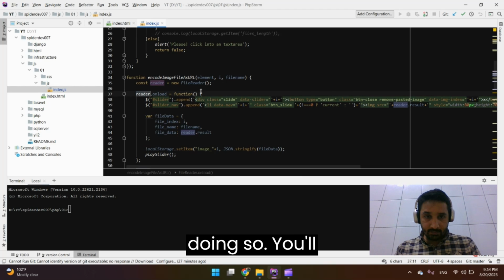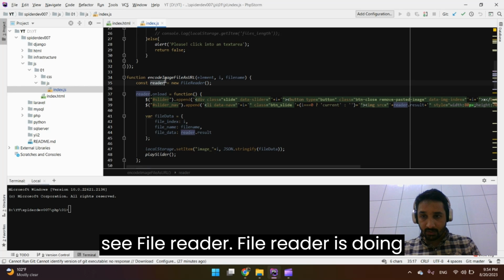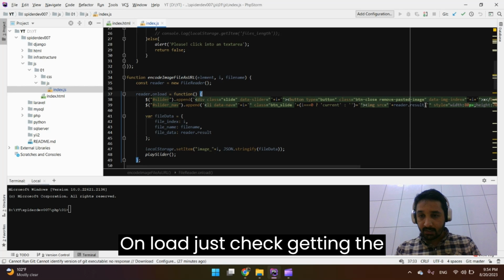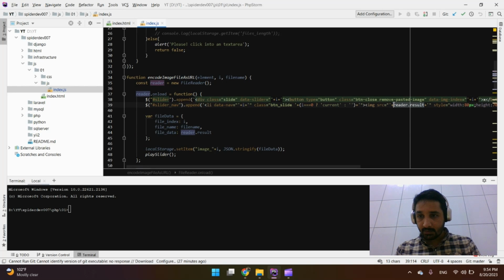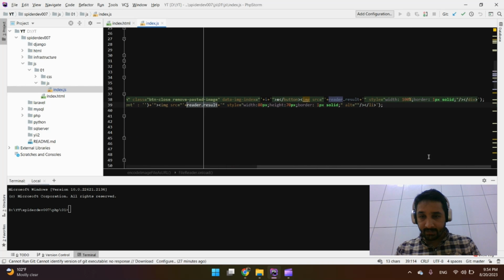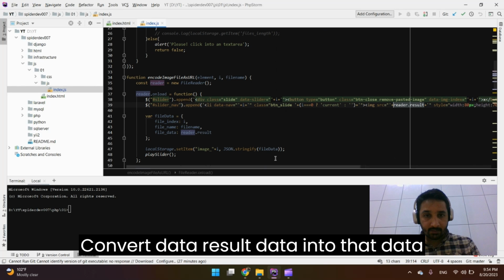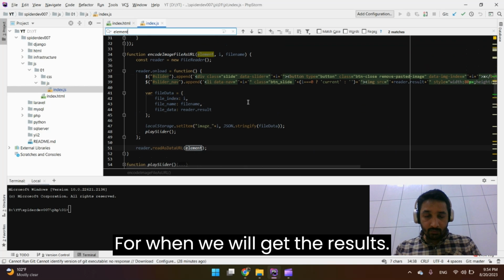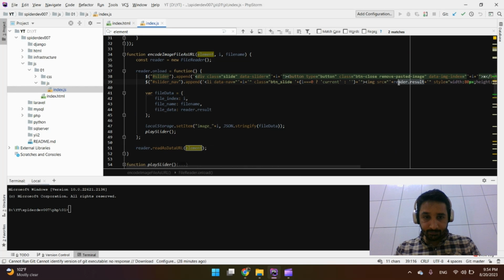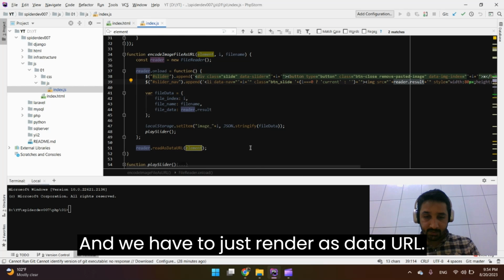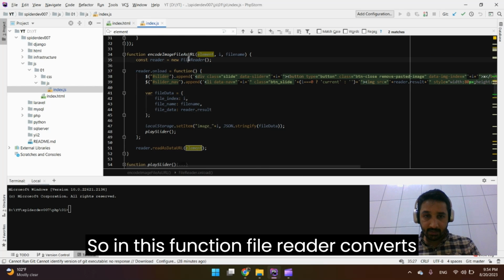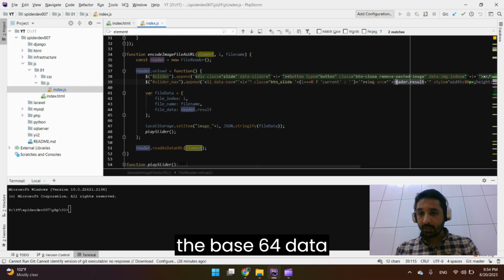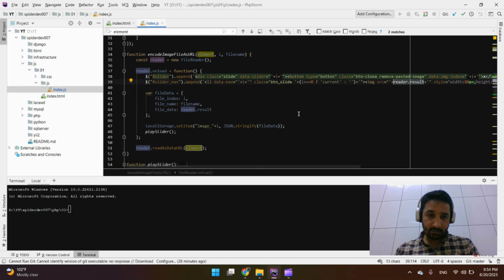So you see, file reader onload is getting the files and converting the data result into the data set. If we check this one, when we get the results, we have to render them as data URL. So in this function, file reader converts the file system object into base 64 data. If we check this one, for example,